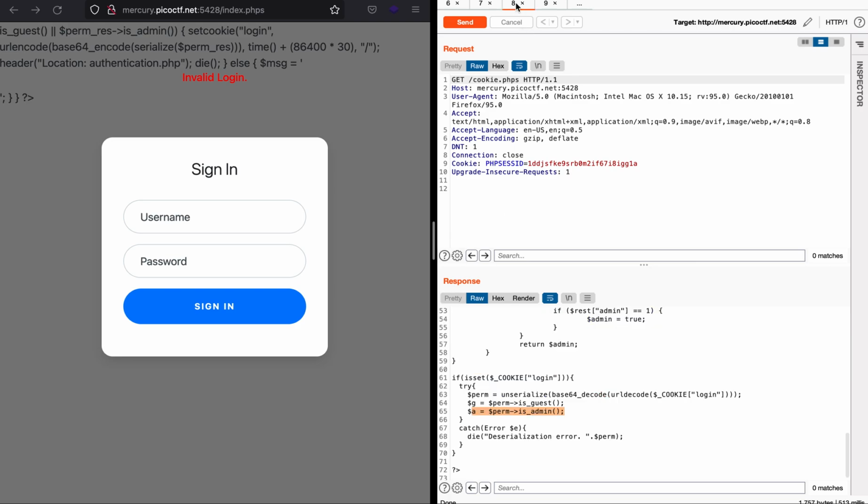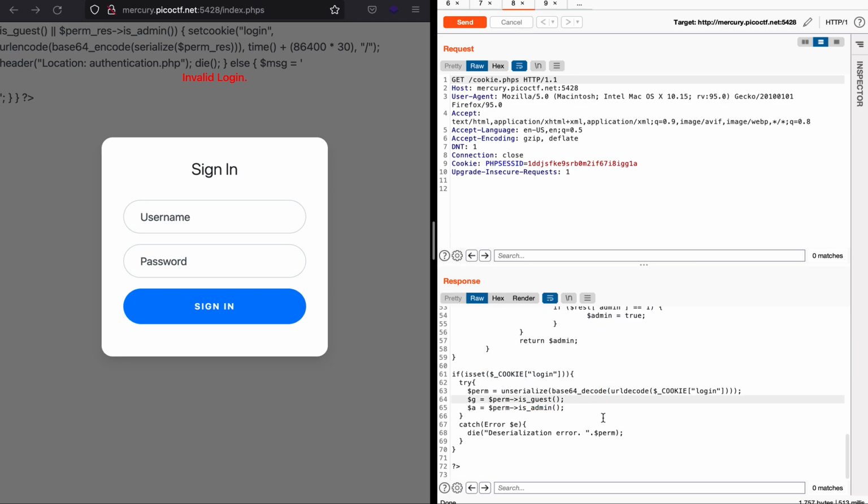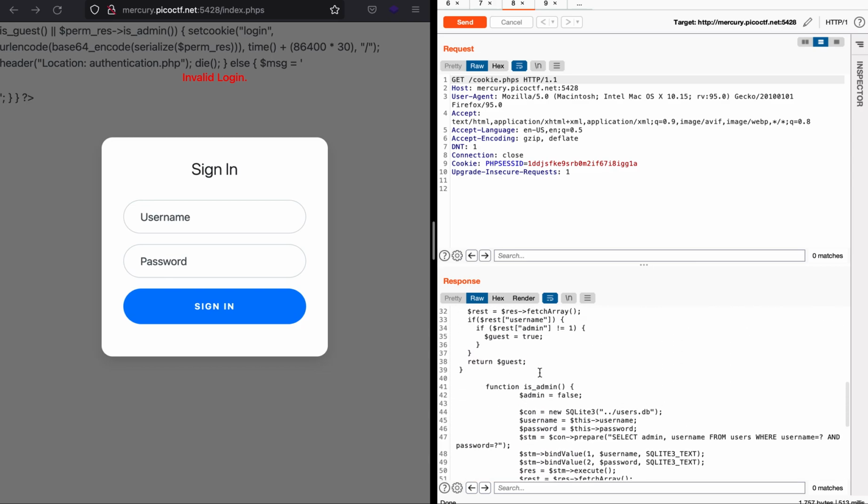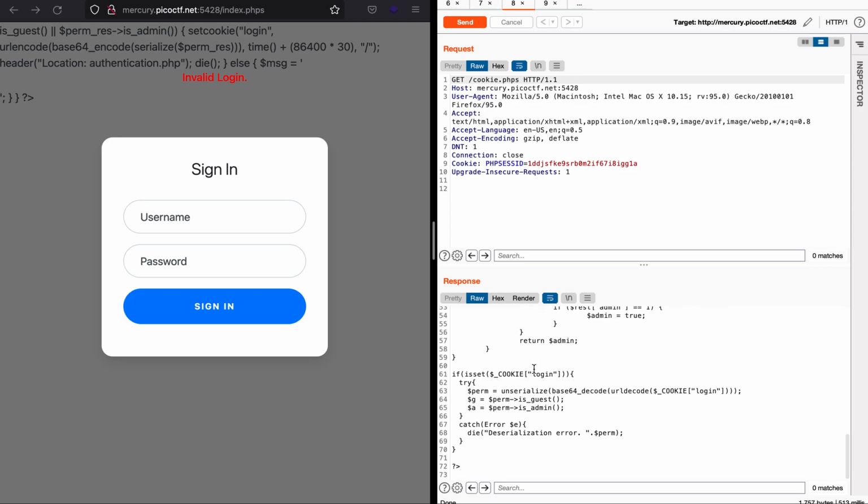But if for some reason there is an error, it will show you the deserialization error, and that is our goal over here, because we can't get anything from here. Even if you are an admin user, you might not end up getting anything, but our goal here is to see the flag. So first of all, we'll have to cause a deserialization error. I do not think we'll be able to forge a cookie, because if you are not admin, then by default you are a guest, so you will not be able to cause this error anywhere soon.